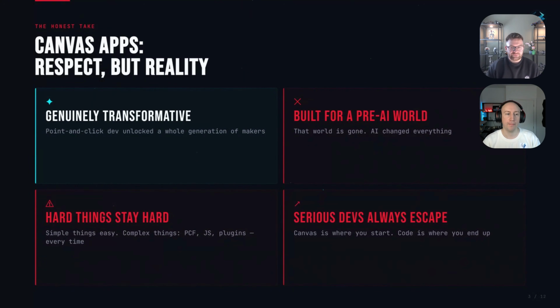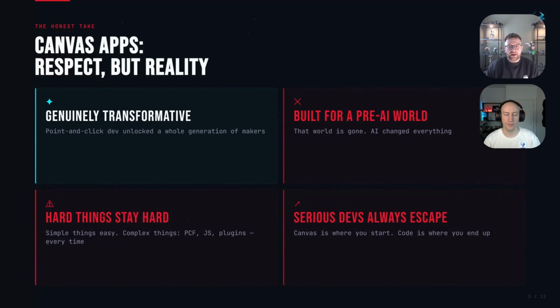So that sounds quite scary for me as a citizen developer or someone who doesn't touch code. I quite fancy staying in the Canvas app world. But let's wind that back a little bit before we come into the arguments and why code apps are actually for you. And one thing we'd like to note is that we both come from Canvas app development